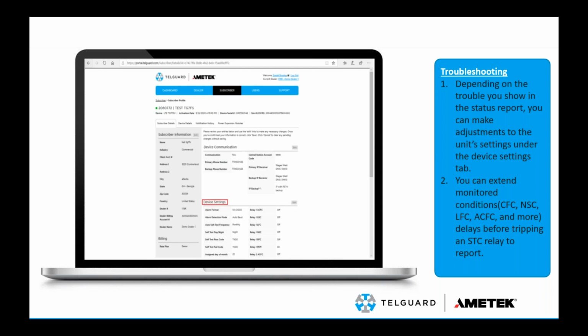So in that case, I can actually adjust the delay of the AC failure condition. Now understand our default setting is 2 hours, but sometimes things get altered within templates that change it to either no delay or a very limited amount. Now, you can go into the device settings